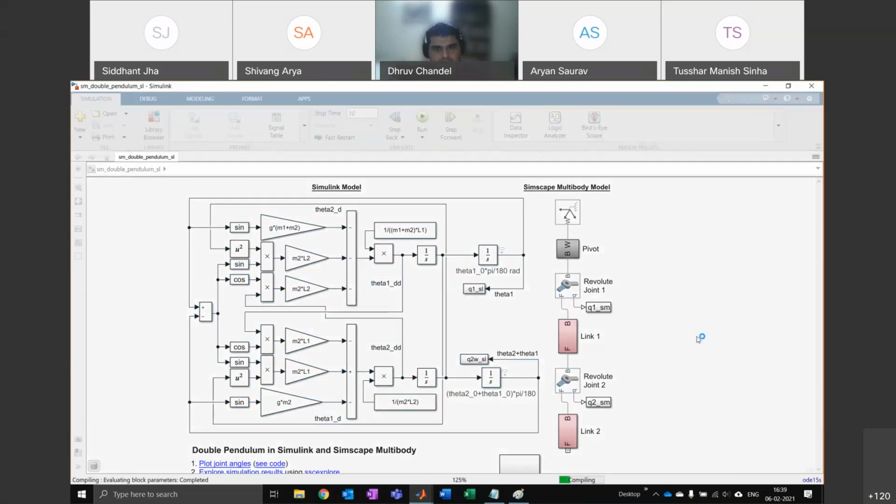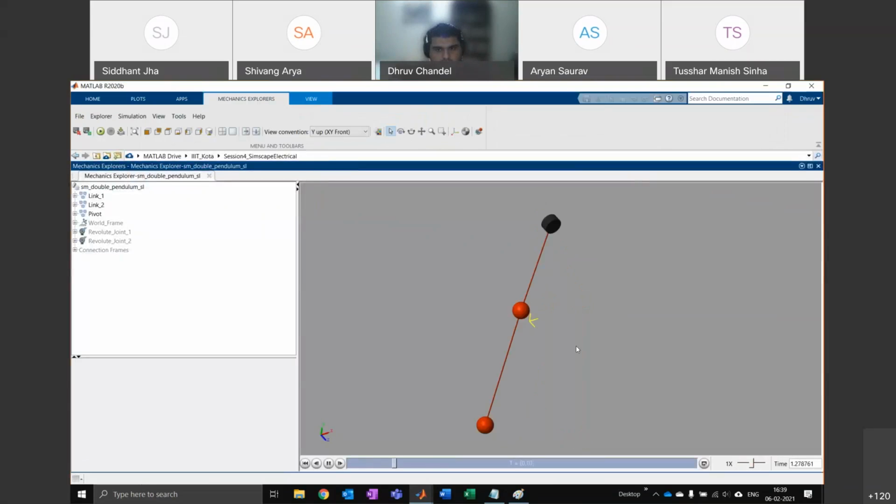Let's run this. So this is what a double pendulum looks like. You can see the motion is very complicated. It's not like a normal pendulum motion. It goes to one side, does something, then comes back, then does something here, because the motion of this guy is being added to this guy. So it's not the simple pendulum motion that we all know. Right? Is everybody following me so far?